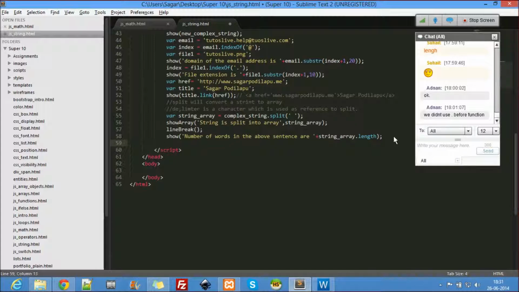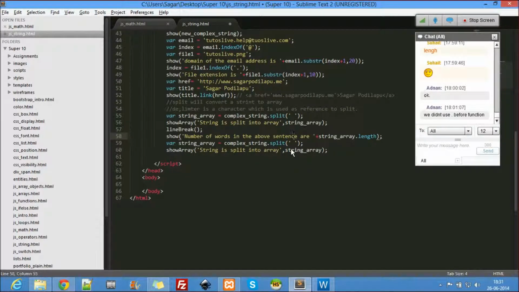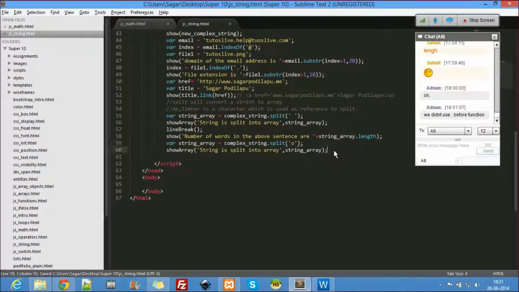Okay, so now let's do one small experiment here. I'll just use the same here. But now instead of space, I want to split this based upon O. I can even do this.